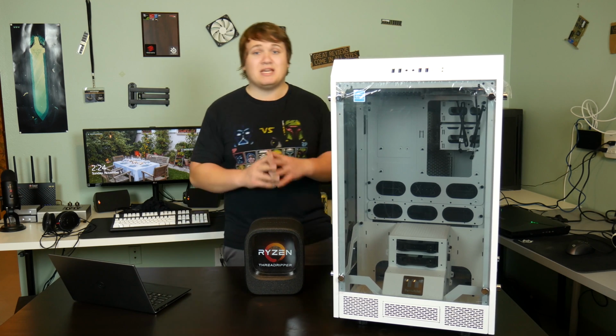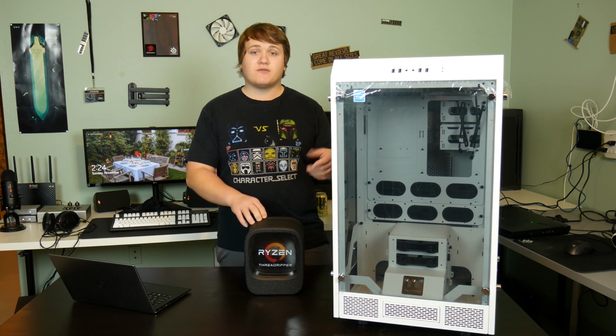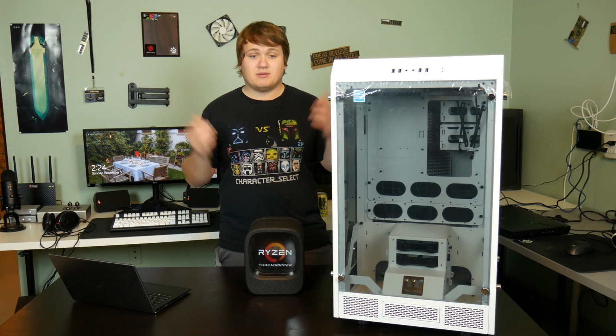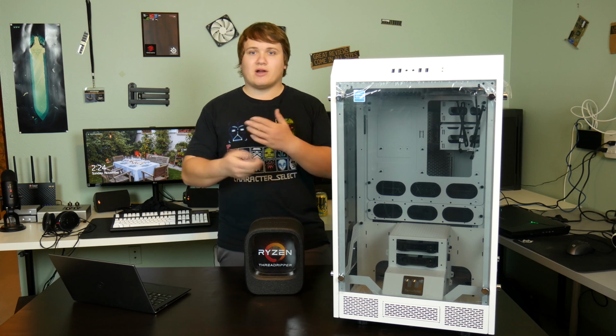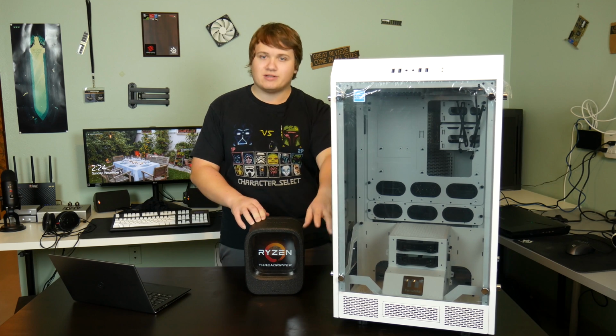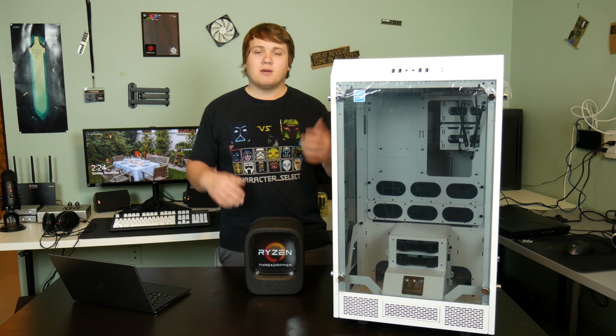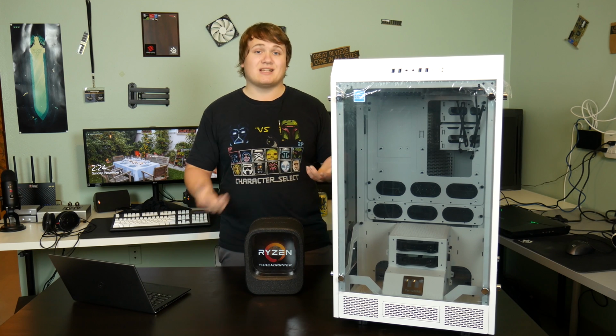All the tubing will be PETG tubing rather than soft tubing, except for in the back section here between the radiators. That'll obviously be soft tubing because that just makes it so much easier to wire things up using soft tubing. But everything in the front section here is going to be custom bent PETG, which I have no experience with yet, but I'm going to be buying a kit and just doing some practice bends and stuff like that